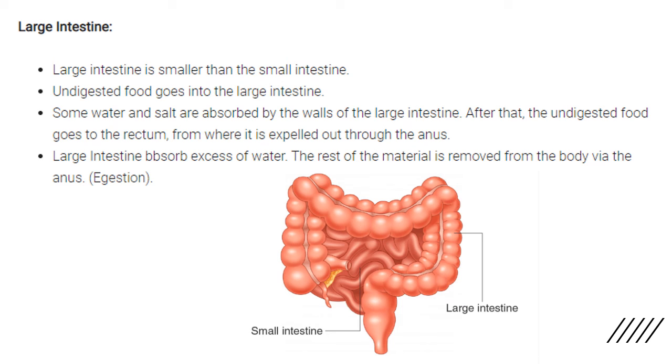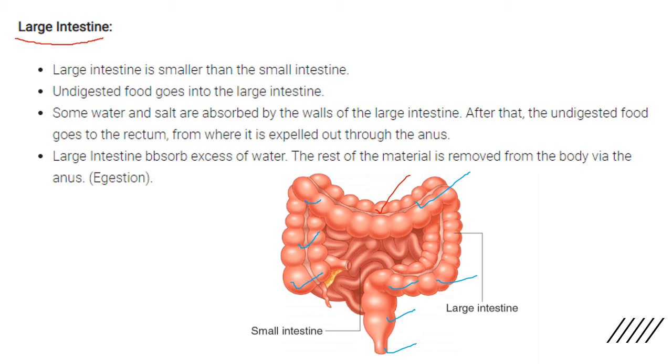So once all those kinds of digestion have occurred and all the essential food has gone to the various parts of the cells through the blood vessels connected in the finger-like projections, villi, now the undigested waste enters the next part, that is the large intestine. Can you see this part? This is the large intestine, and from here it starts moving. It moves here, here, and in the same way then it moves here, and here is the rectum and here